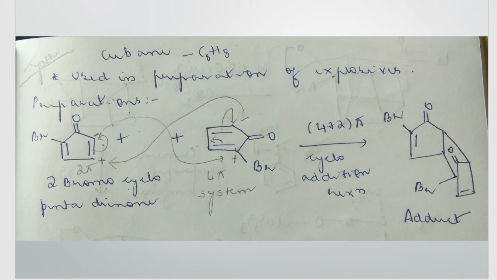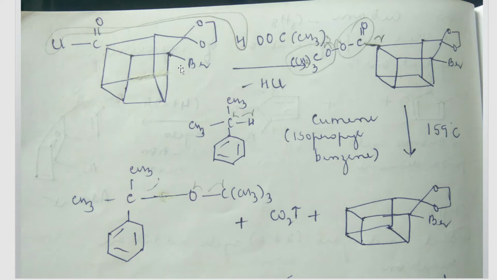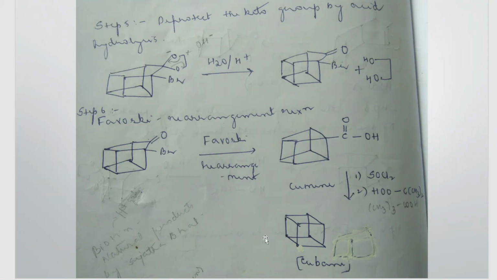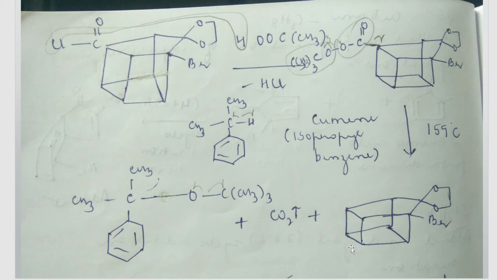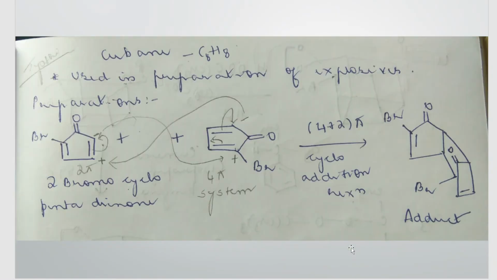So in this video, I will be continuing with Unit 2 of Organic Synthetic Methods, under which we will start studying the preparation of cubane. So this is a very important question. Cubane synthesis. The cubane formula is C8H8 and the structure of cubane is this. It is like a cubic structure, so it's called cubane. Now, how do you synthesize the C8H8, that is cubane?